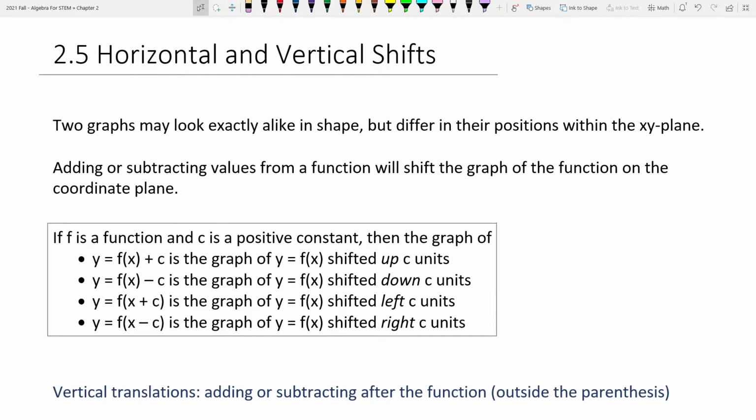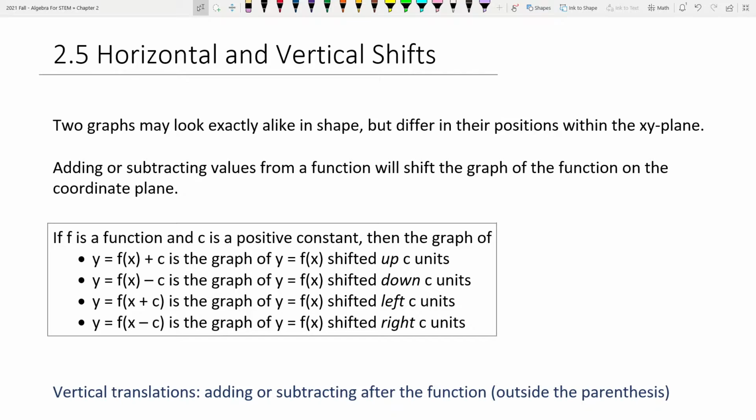Welcome back, everybody. Today we're going to cover section 2.5, horizontal and vertical shifts. If you have two graphs that look exactly the same except shifted around, that is translated in the XY plane, chances are what has happened is there's been an addition or subtraction to the function. If you add or subtract values from a function, that shifts the graph around the XY plane without changing its